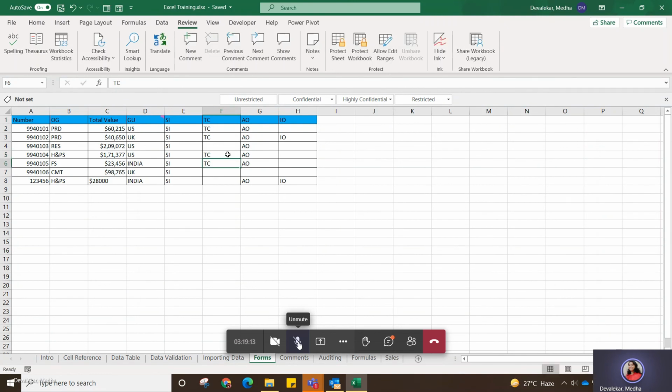So what you can do, you can protect your workbook, send it to whomever you need to send, and tell the password personally or send the password in a separate mail.